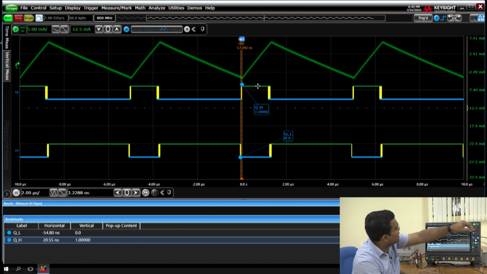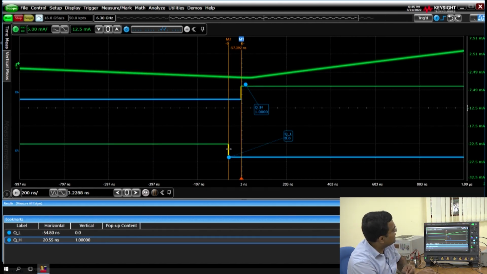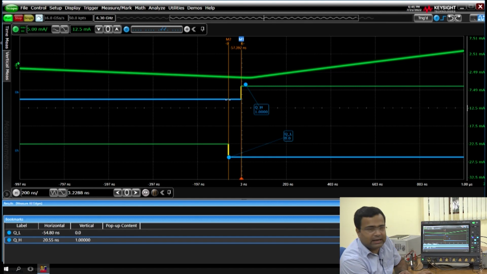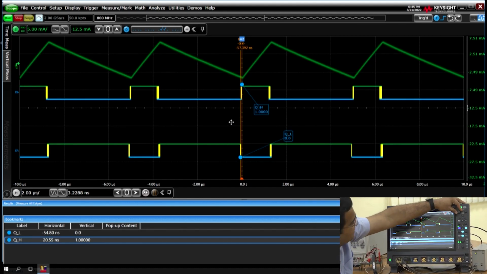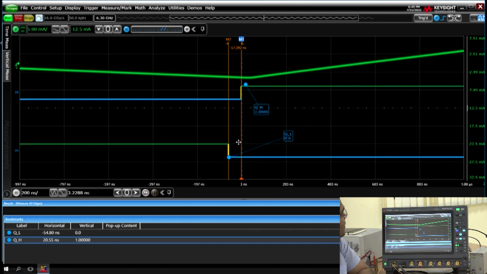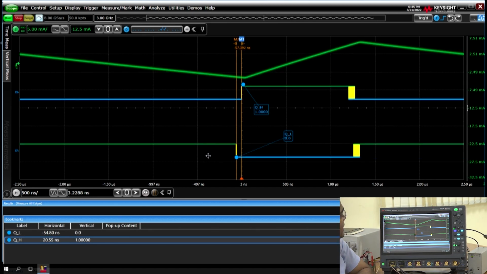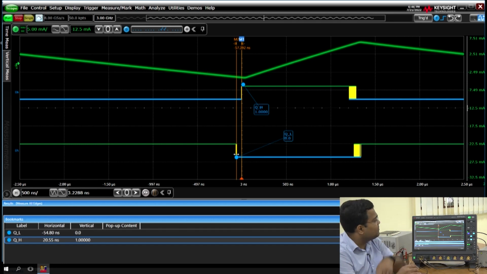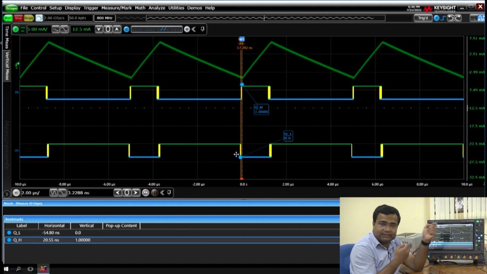So in this particular case study, we are running the buck converter. It has around 40 nanosecond dead time, and first your low side is turned off, then the high side is turned on. And if we look at this waveform, the gate signal looks like a real gate signal. It can nicely capture the logic level as well as the rise and fall time of the gate signal. But the same signal, if you pass through the analog channel, because you can even see this gate signal by analog channel,